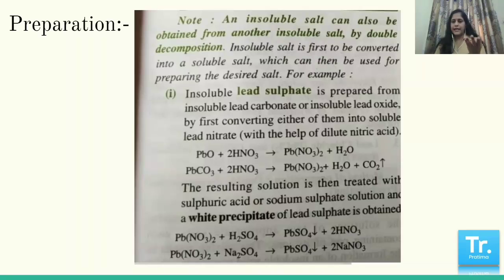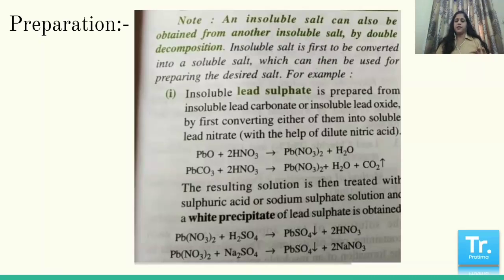So a metallic oxide like lead oxide is insoluble. All carbonates, I said, are insoluble, so lead carbonate is also insoluble. And you have to find out lead sulfate, all the sulfates are also insoluble. So this has to be converted to a nitrate, all nitrates are soluble. So to convert it into a nitrate, you have to react it with nitric acid, so that a metallic oxide with nitric acid will give you metal nitrate and water. So this lead nitrate is now to be reacted with sulfuric acid, so you get lead sulfate,